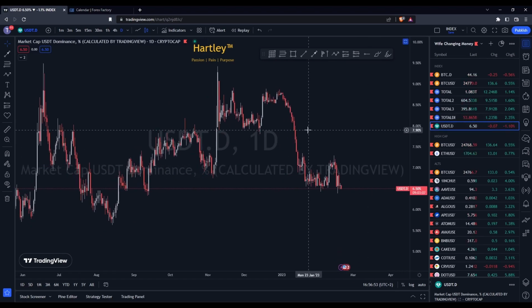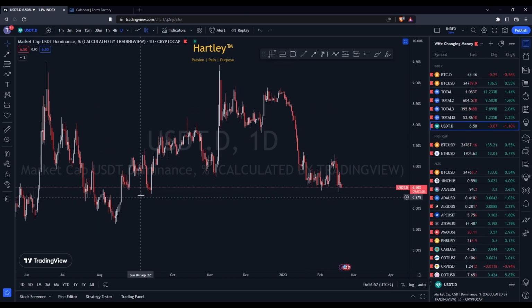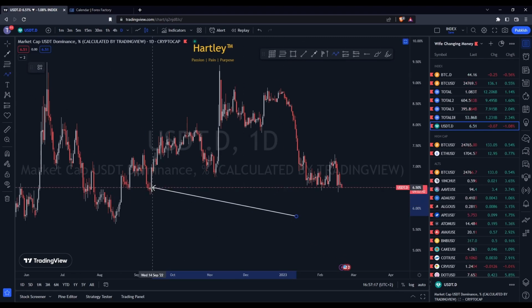So for example, this is how you'll kind of use both of those charts together: you would come to the USDT dominance first, right? And you'll find out where the support is or the resistance is. Now, because there's a negative correlation, it means that if the USDT dominance goes up, Bitcoin goes down, right? So what you would do every Sunday or Monday or whenever you want to trade is come to the USDT dominance and try and find where it will find support. So over here, right, this is where I would look for my support area,